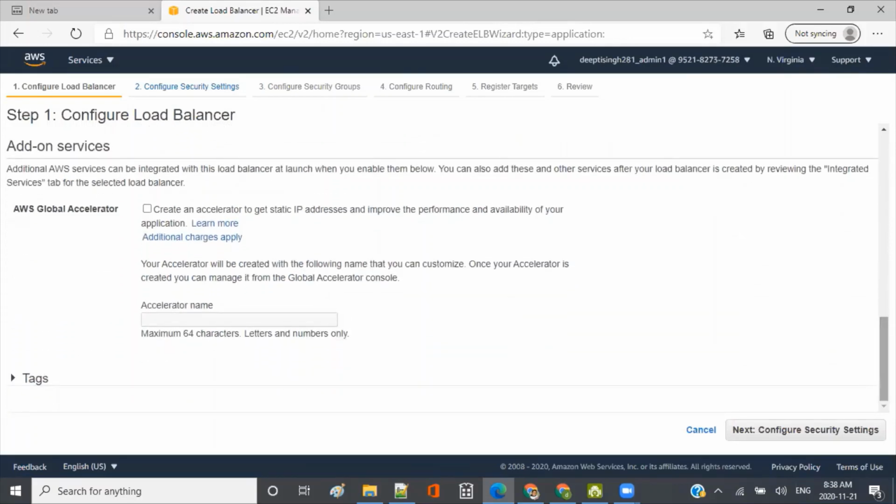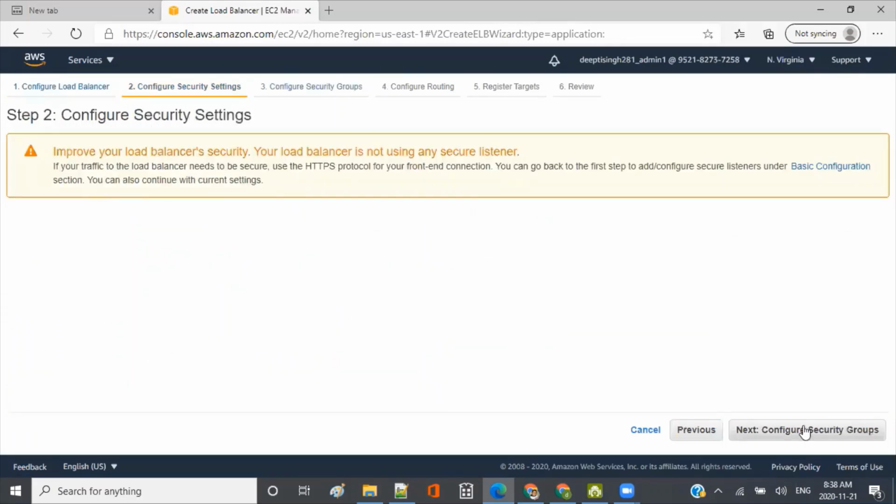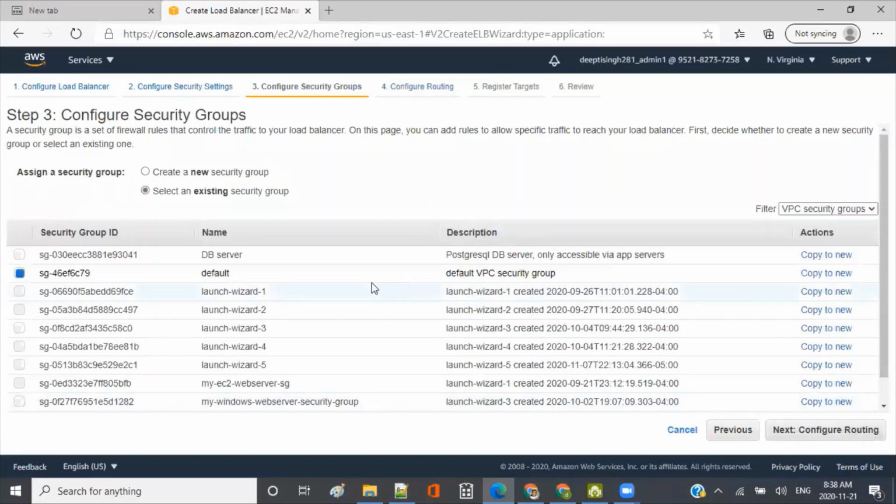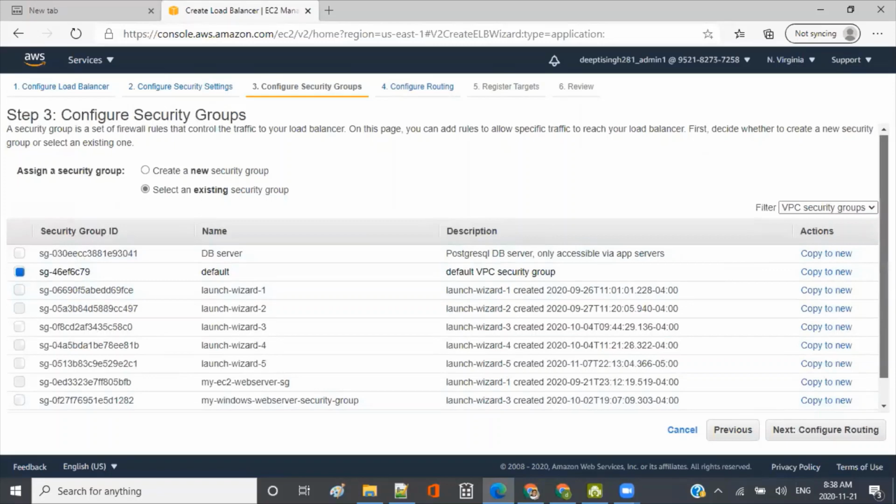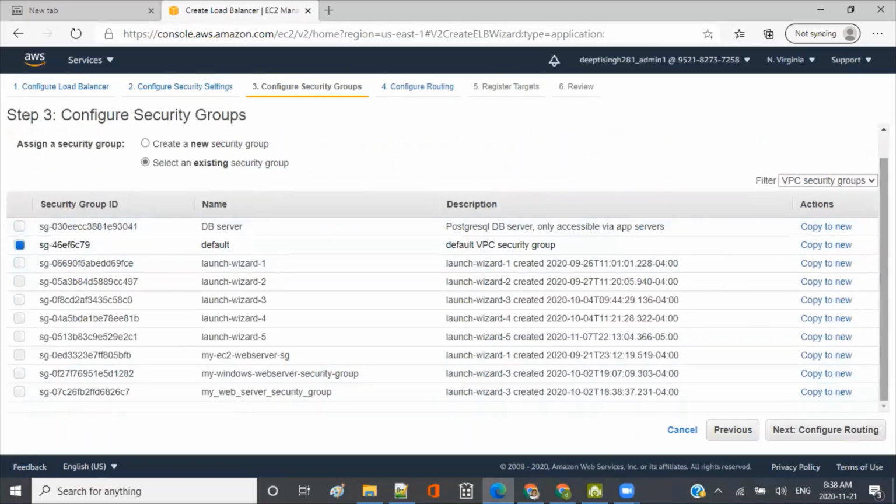Okay, so then we will specify a security group for this. Basically in the security group, I want to say that my port 80 should be opened for the outside world, because we are getting the request from the outside world. So port 80 should be opened. You need to specify it somewhere, and that place is the security group.